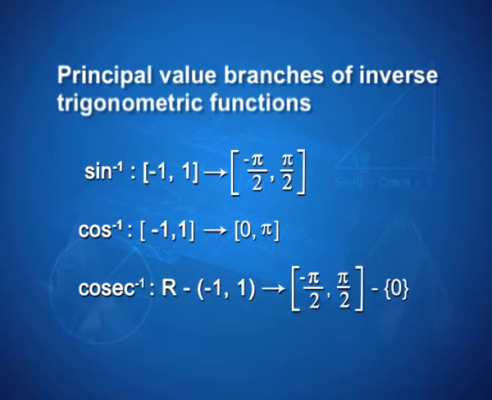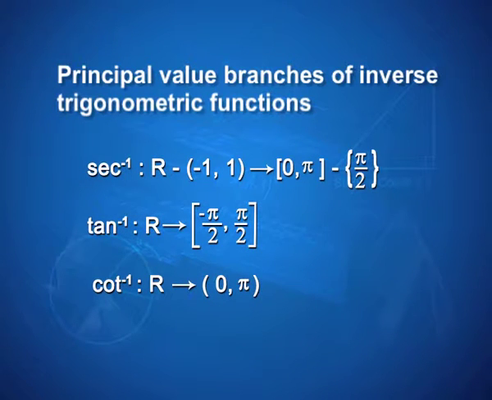And so, we have principal value branches of inverse trigonometric functions, all 6 listed here. The first 3 were discussed in great detail, and the next 3 are now written down for you to copy down. And also take a look at why we are looking at intervals like 0 to pi minus pi by 2. Sec inverse has the principal value branch with the range 0 to pi minus pi by 2, simply because sec pi by 2 is not defined. So, I have to leave pi by 2 out of the closed interval 0 to pi.